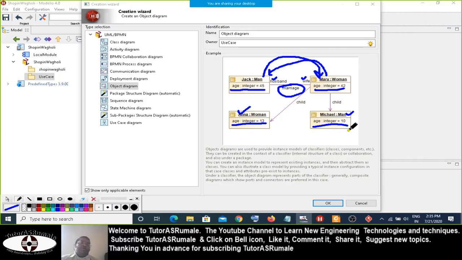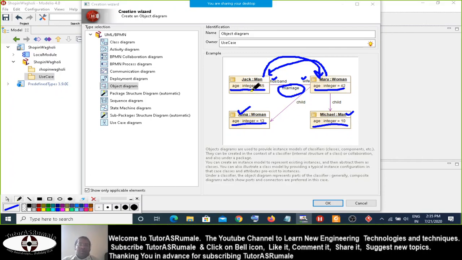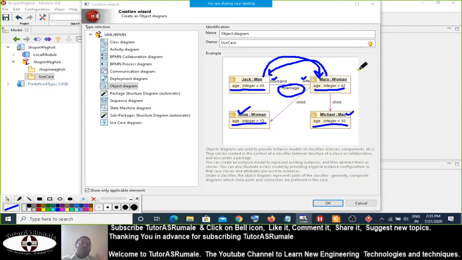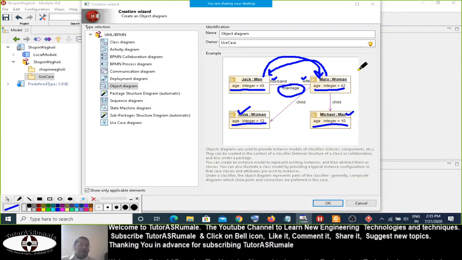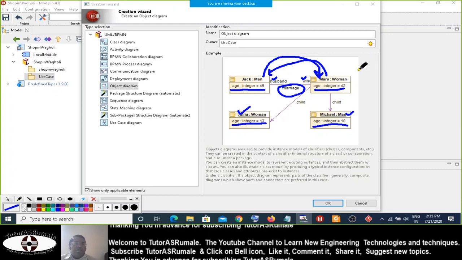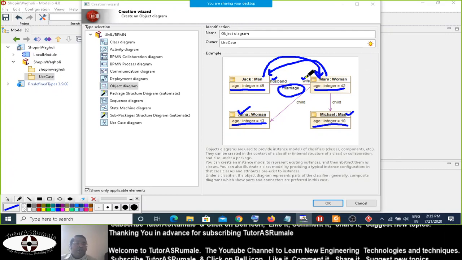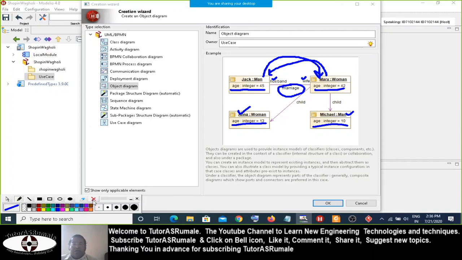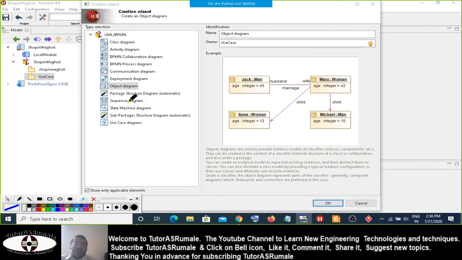conversion into an object diagram. So here you have an object diagram. So man and woman, only two classes are there, but there are so many objects from these classes, and there are different relationships, and those different relationships have different interfaces. Yes, so these are actually defined when you are in the class diagram.